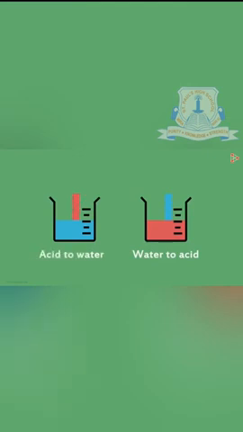In case we add water to acid, then we have to think whether it is possible or not. In both the cases, an exothermic reaction, that is heat, will be produced. In case we are adding water to acid, then the exothermic reaction occurs and such a lot of heat is produced that the flask can also break and we might also get burned.